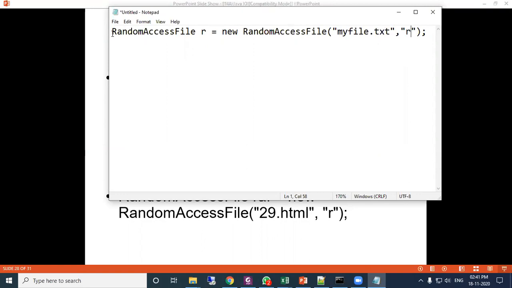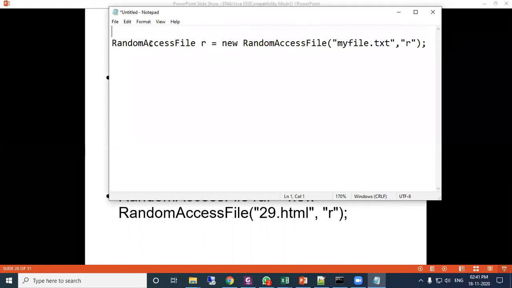Or you can do one thing. Suppose string f equal to my file dot txt. Suppose you have written this string f equal to my file dot txt.